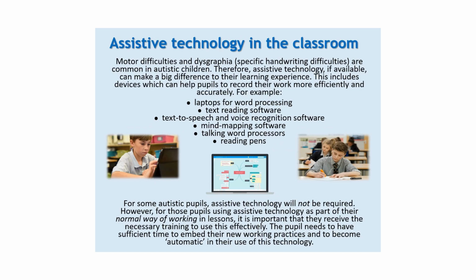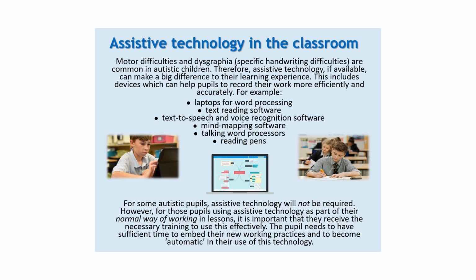Assistive technology in the classroom. Motor difficulties and dysgraphia, these are specific handwriting difficulties, are common in autistic children. Therefore, assistive technology, if available, can make a big difference to their learning experience. This includes devices which can help pupils to record their work more efficiently and accurately. For example, laptops for word processing, text reading software, text-to-speech and voice recognition software, mind mapping software, talking word processors,